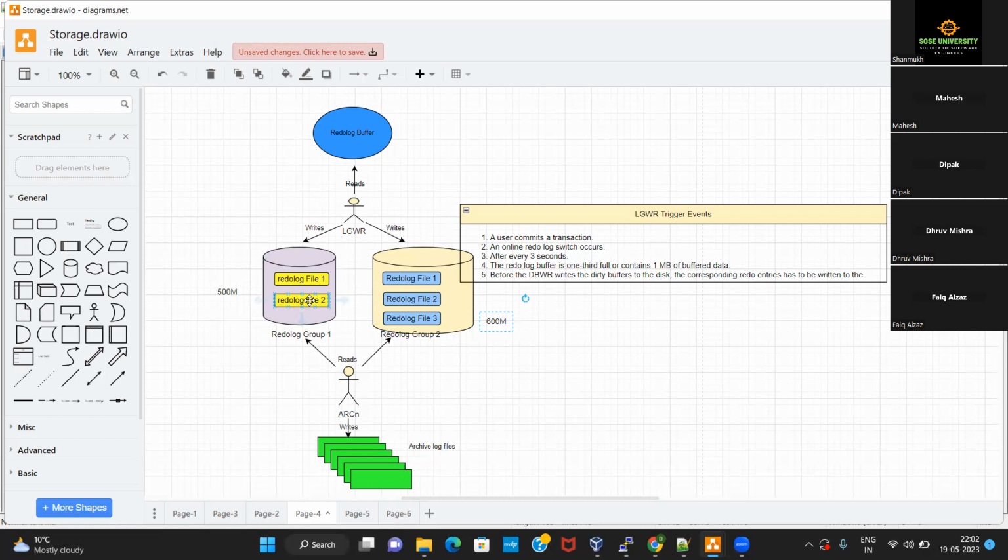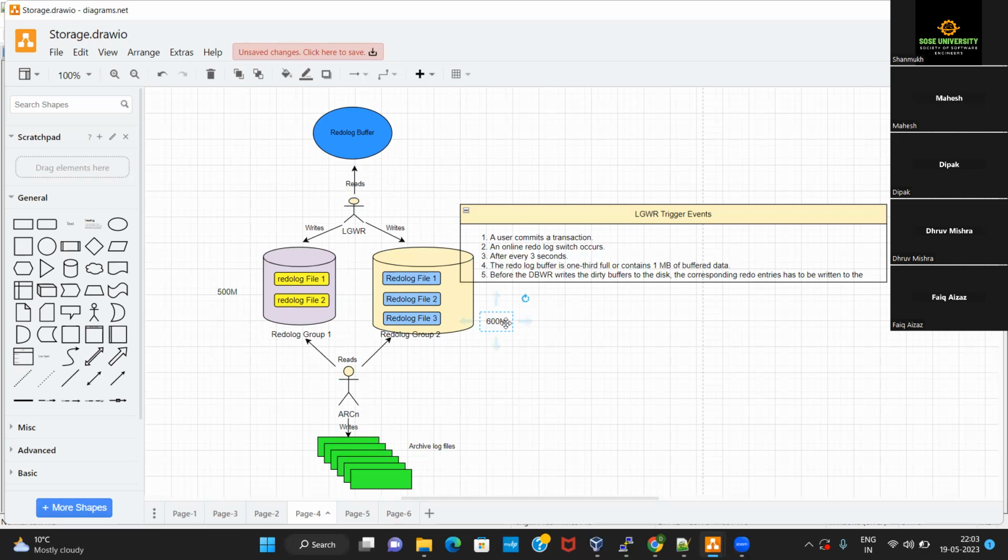So we said that the LGWR in the beginning will start writing the redo entries on this group. Once it gets full, it starts writing the redo entries on this group. But there will be a time when this group also becomes full. If this group was of size 600 MB, there will be a time when that 600 MB will also get full.